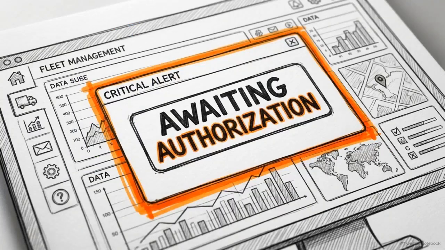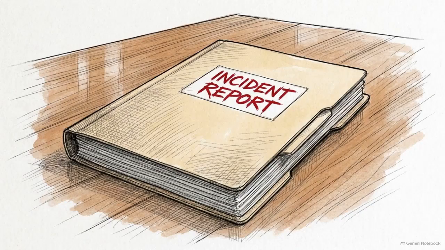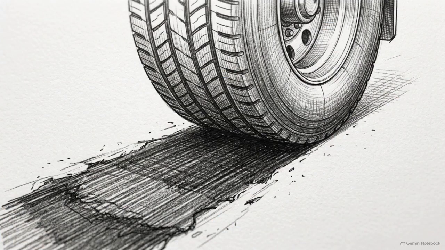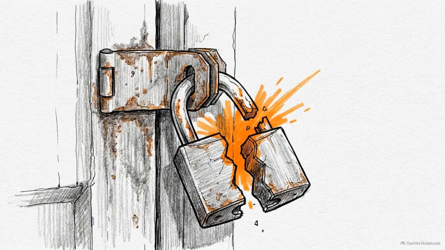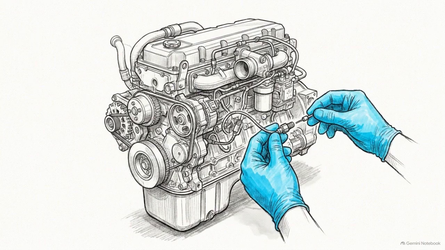This review is mandated for high-stakes events, like modeling overhaul downtime costs or drafting driver coaching packets based on harsh braking data. Anything that formally accuses a driver of cargo theft or removes a physical asset from revenue-generating service must remain human in the loop to prevent expensive, irreversible errors.